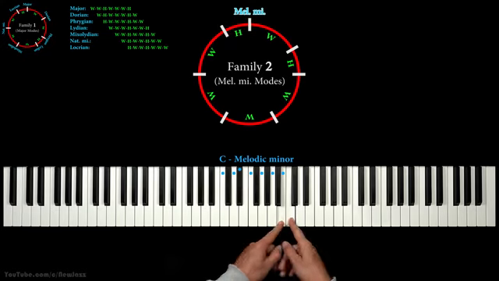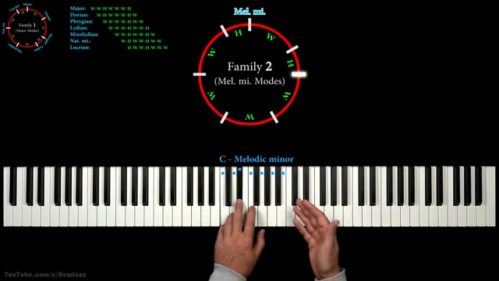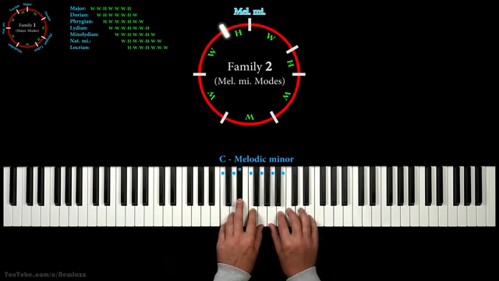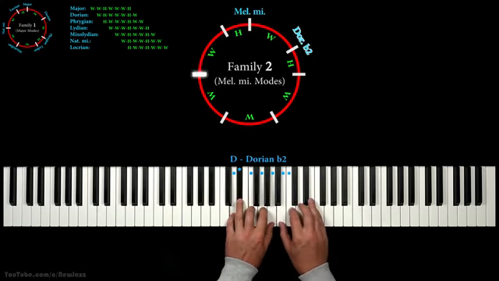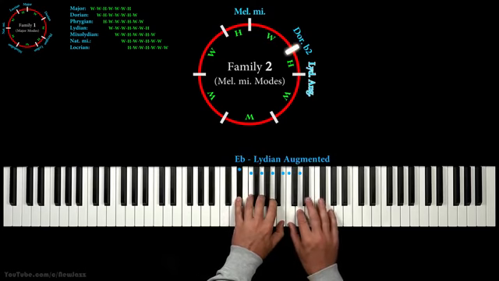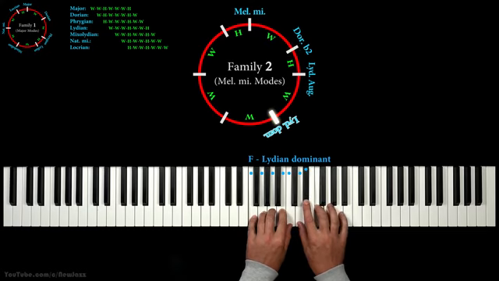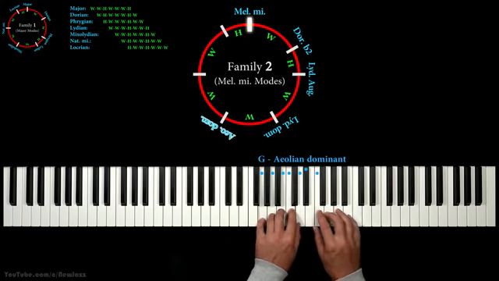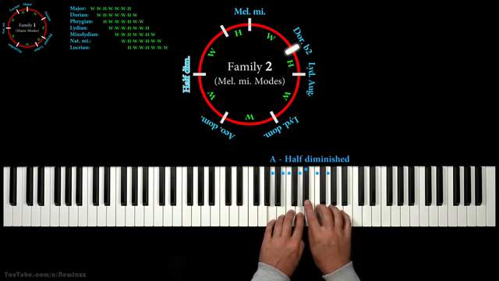Now, once more we can make 7 degrees, 7 different family members. So, here we have the second degree, third degree, fourth degree, fifth degree, sixth degree,